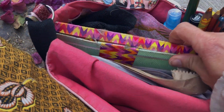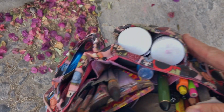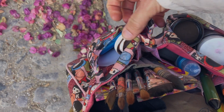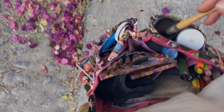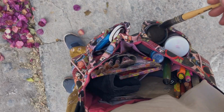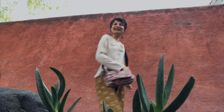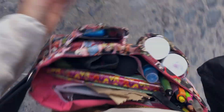As usual, I am putting my brush holder a bit in this shape so that I can put it in the bag, and then I am opening my water pot, which is right now dirty because I painted earlier, and here we go to paint standing. Woohoo! Ready to paint. Even if I usually try to close my bag while walking, it's really sturdy, nice, but